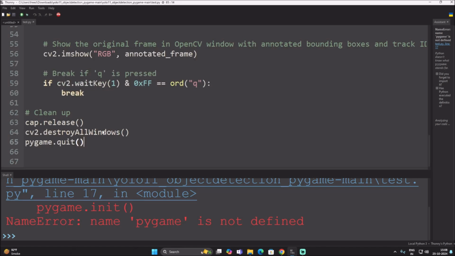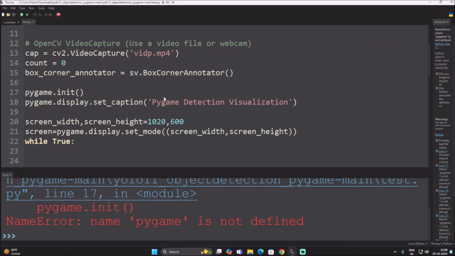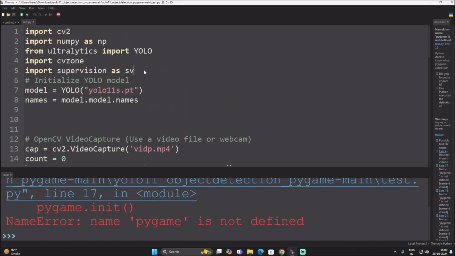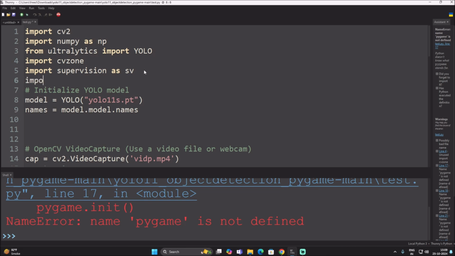Pygame is not defined. Let me check over here. I think we forgot to import our module. First we want to import our module, that's why there is an error. So import pygame. Now if I save the code and run the code,